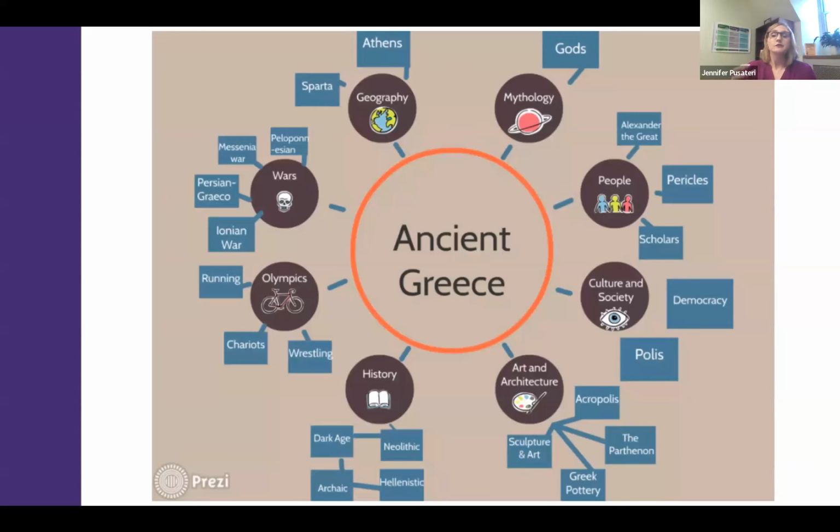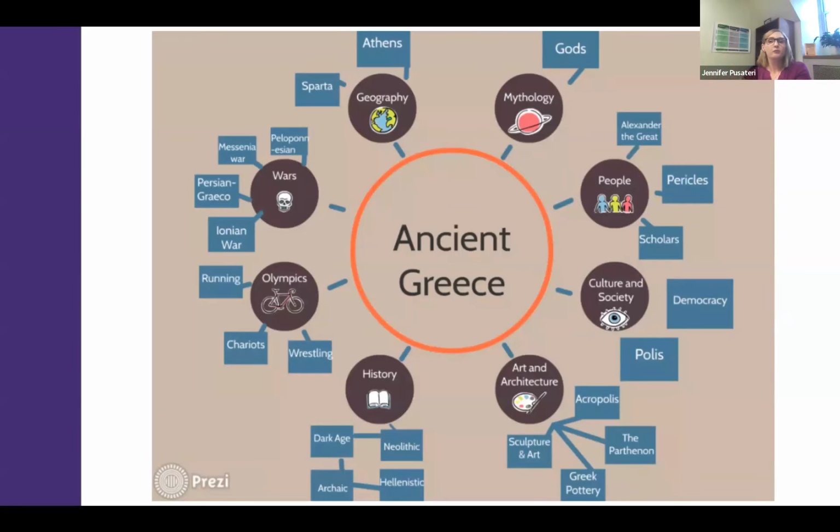So let's say you are in a course studying ancient Greece, for example, and this particular student that you're working with maybe has a little bit of an obsession with Greek mythology. Although the course is about lots of things, not just Greek mythology, it might be hard for that student to get off of that mind track of mythology, mythology, mythology.